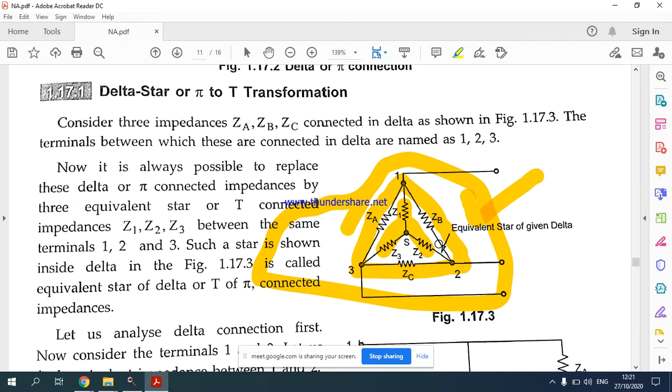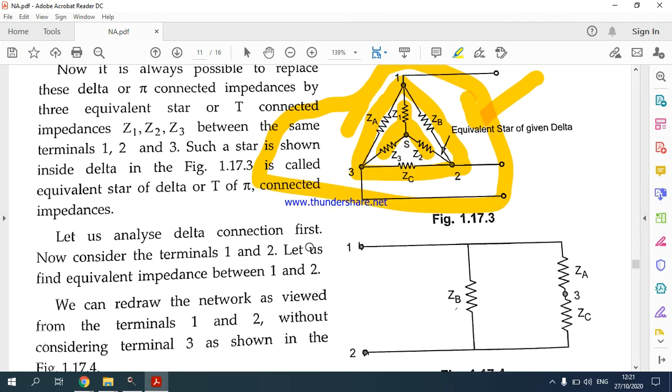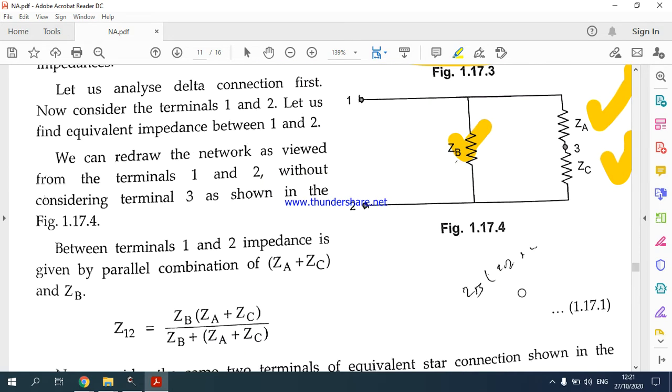To form loop. And also in order to avoid any complicated network, in order to simplify the network, it is necessary to convert star to delta and delta to star. Actually, there is one simple derivation they have given, how they can convert star to delta and delta to star. Whatever ZA, ZB, ZC they have, they have taken this outer section ZA, ZB, ZC. What I have shown here now, they have taken that, they have simplified that.